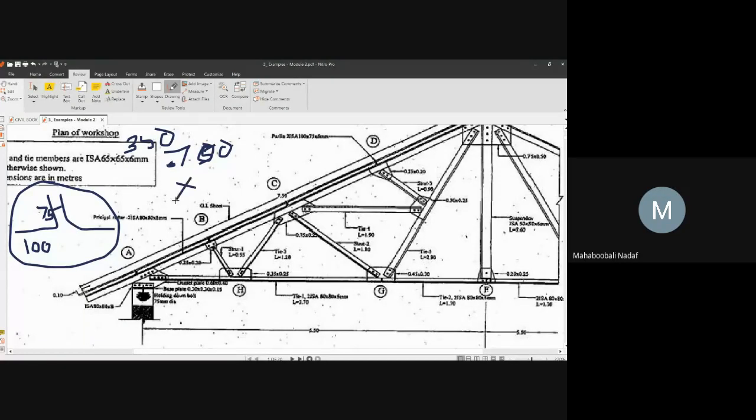Now, we have already taken 2 ISA, no problem. Here only we have taken 2 ISA, that is over 0.7. And what is the length of one purlin? 21.3. One purlin length. So how many numbers are there? 10, sir, in total. So how much surface area is going to come for this calculation, I am asking.